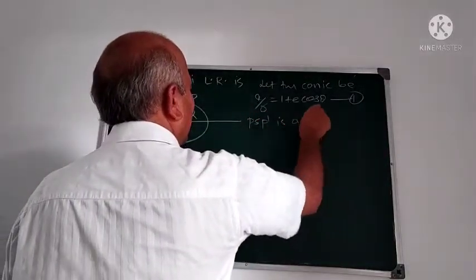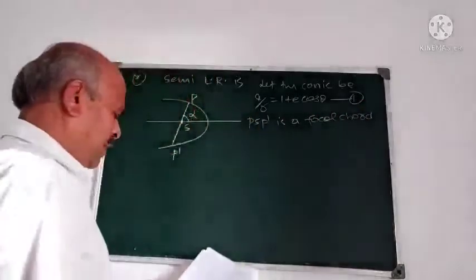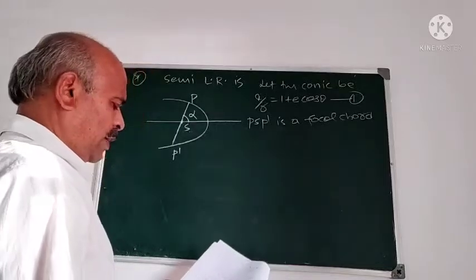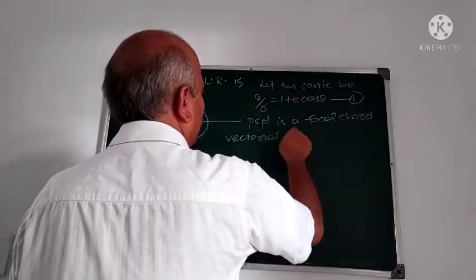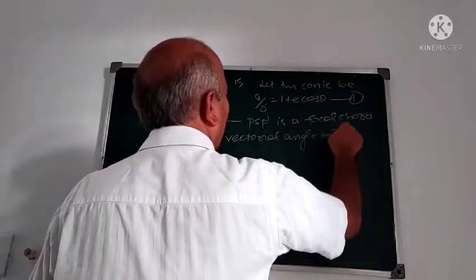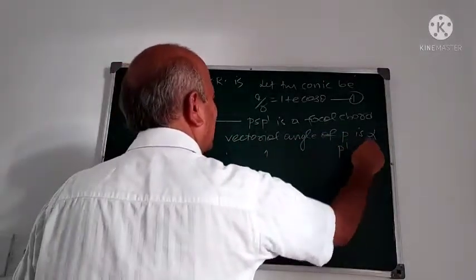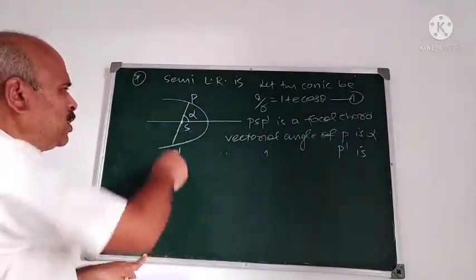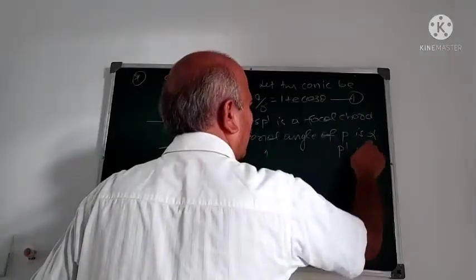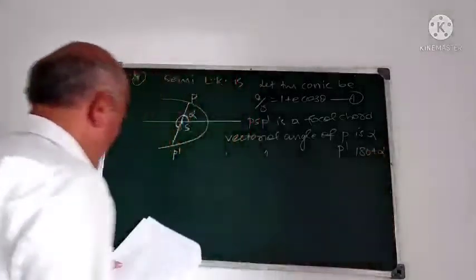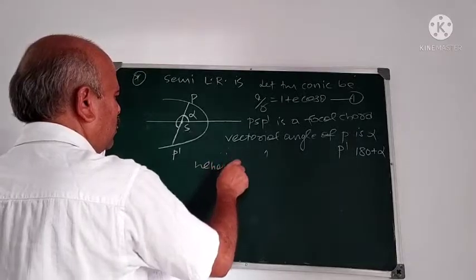PS P dash is a focal chord, and the vectorial angle of P is alpha. Therefore, what is the vectorial angle of P dash? P dash is this one. What is that? 180 plus alpha. Therefore, we have, see the equation now,